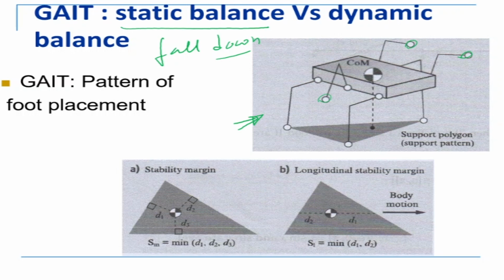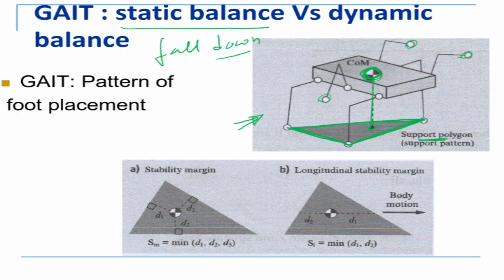Now, the legs that are on the ground, if I draw a polygon connecting the legs which are on the ground, then I get what we call a support polygon. Now the projection of the center of mass has to be inside the support polygon. Only under that condition is this system balanced.